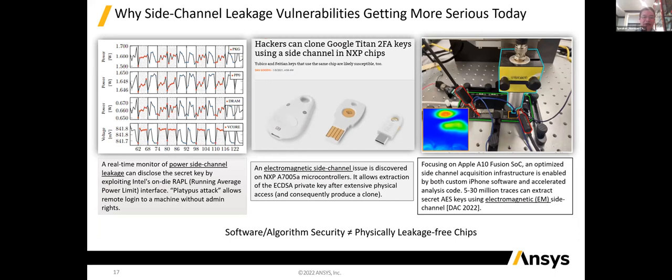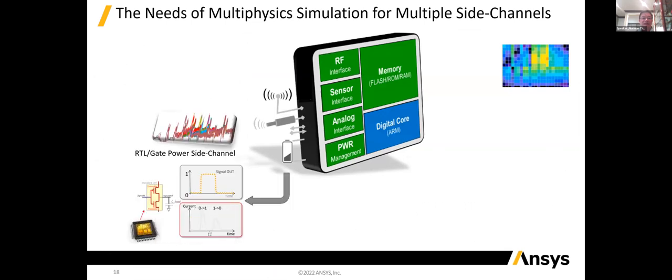So right now I want to switch to another area, security, very quickly, with just a couple of slides. For security, we can see that the Intel processor, the NXP processor, and also the Apple A10 all got cracked using the EM side channel, and the Intel one using the internal power monitor. The side channel means that you can use the power noise or the electromagnetic emission coming from the die during the encryption operation of the AES, for example, to crack the key. And this is becoming a very serious concern for designers and the DoD.